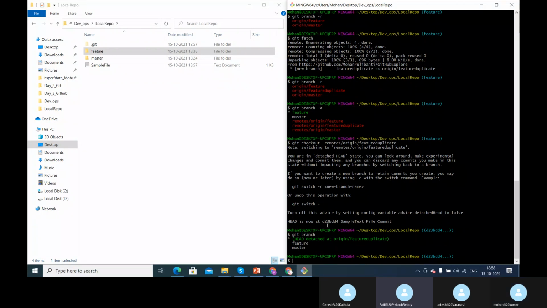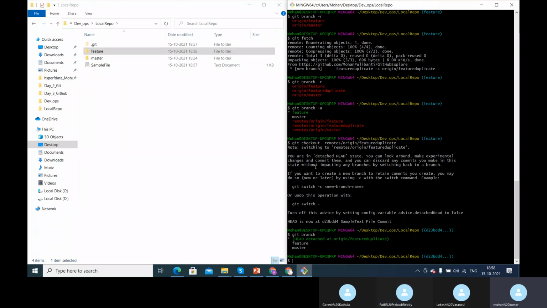So we need to change the branch and we need to merge, Mohan. We need to check out from this branch to the master branch, and then we have to create a new branch with these changes, like git switch -c new branch, and then we have to merge it, right? So that is what we have seen. That is one way of doing things, but here we are not doing it that way.